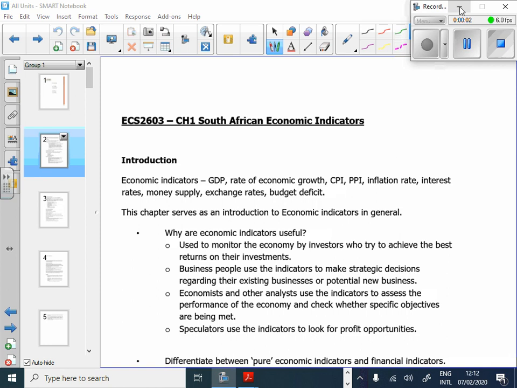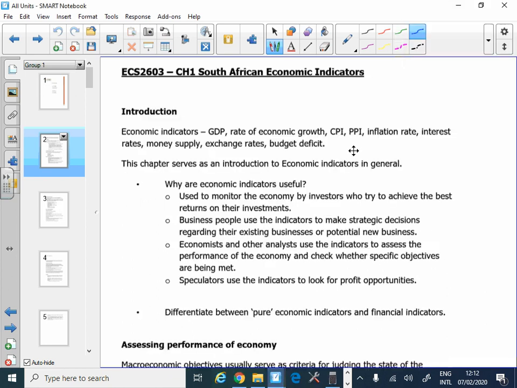So our study unit 1 is on chapter 1 in your textbook. It's South African economic indicators. So it's more like an introduction to what we are going to be dealing with. Remember, we said the module is about economic indicators. What measures are you going to look at in order to be able to see how the South African economy